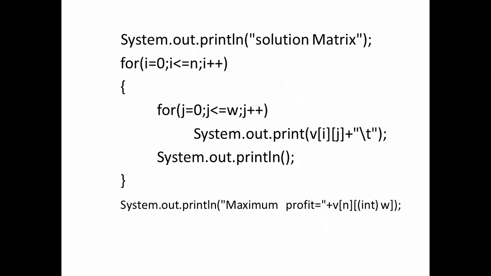Last row, last column. The last row, last column value will be displayed, that is 37. Then close the function dynamic knapsack. Then static float maximum. This is the maximum we have used in dynamic knapsack, right? If a is greater than b, then it will return a. Otherwise, it will return b. We are passing two values there. One is before adding the new item. Second one is after adding the new item. Whichever is maximum, that will be returned here.